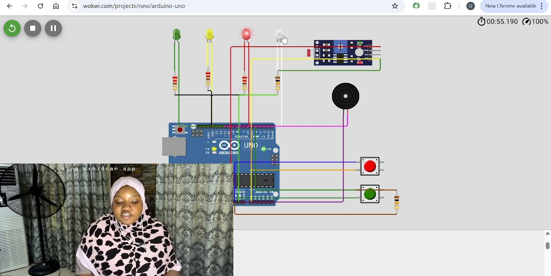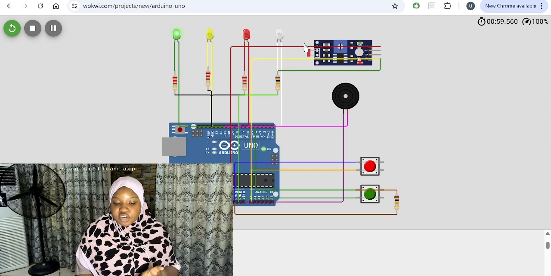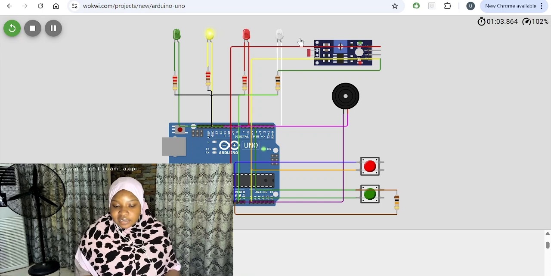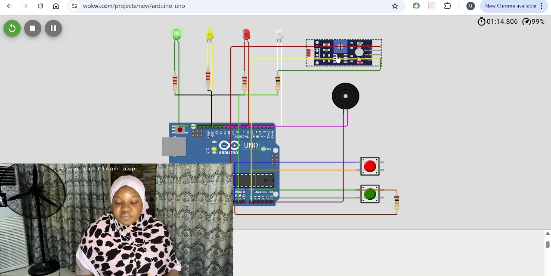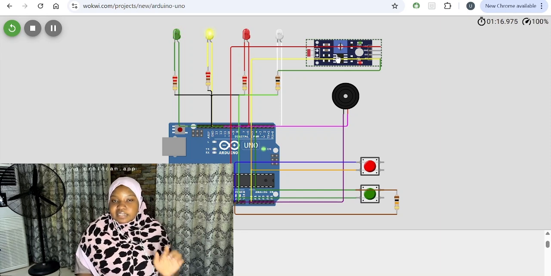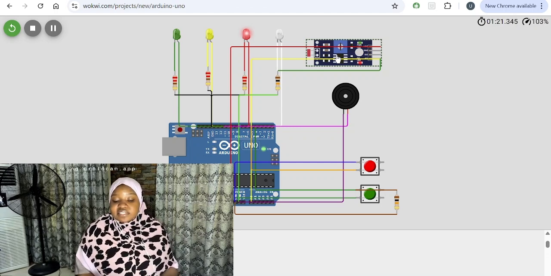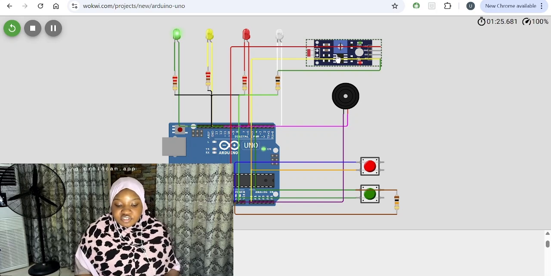Now, we also have a street light system. During the daytime, this street light would be off, and then during nighttime, this street light would be on. But how is this done? That's where this LDR comes in, light dependent resistor. So this resistor notices changes in light factors. For instance, when there's dim light, it turns on the LED, and when it's bright light, it turns off the LED automatically. So to demonstrate this,